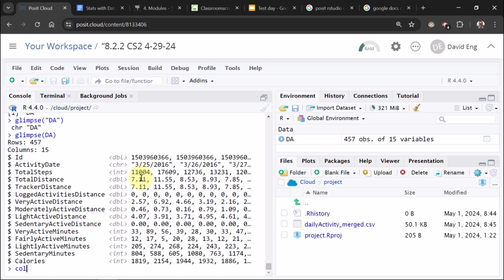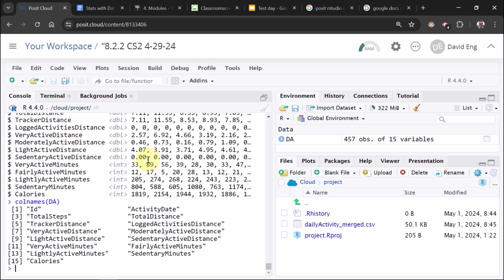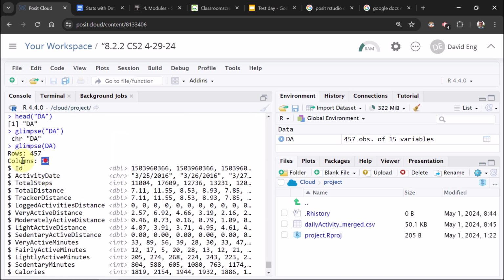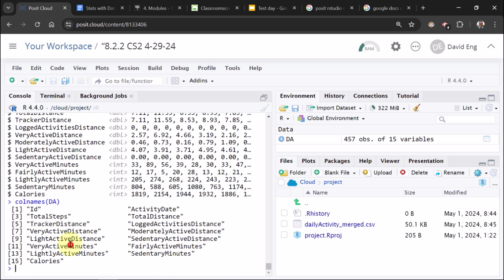Okay, colnames. There's the 15 column names, right? It told us 15 columns. And those are the names of the columns. Don't write down the column names, you can just write column names. Okay, go to the back side.